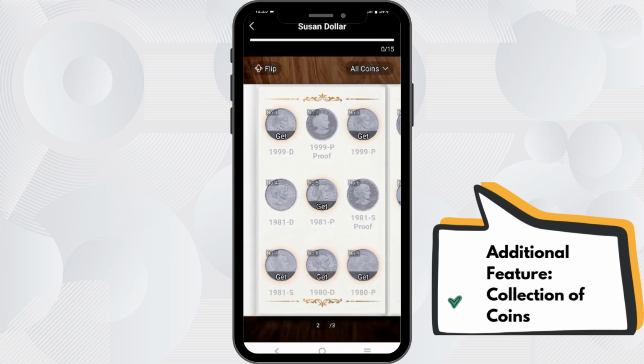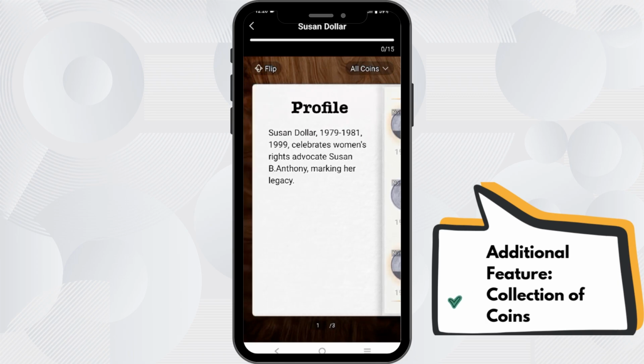So you can see here images of the coin from the time of its release up to the present. You can also flip the coin here to see the other side of the coin. And if you slide it to the right side, you will see the profile of the coin that I show you here.